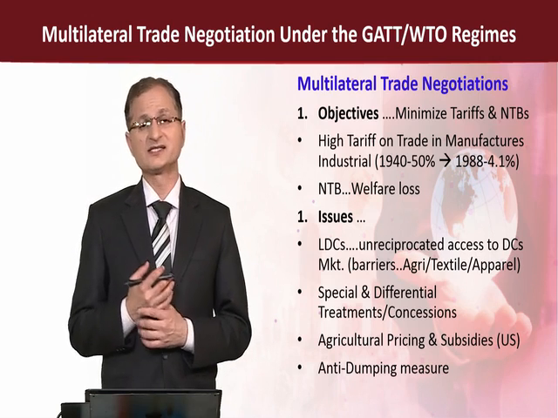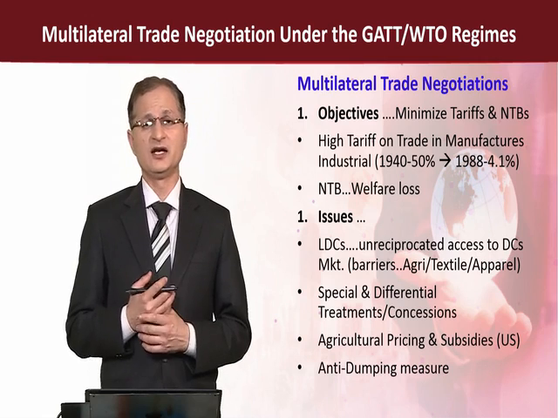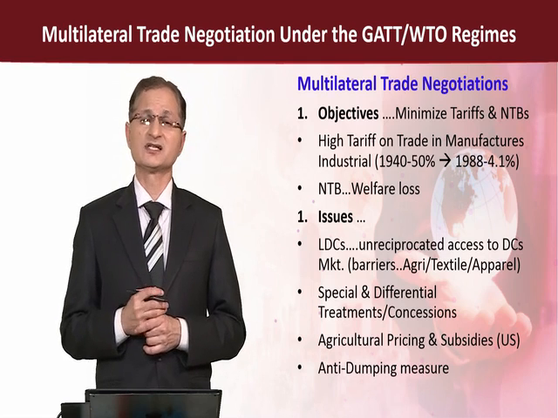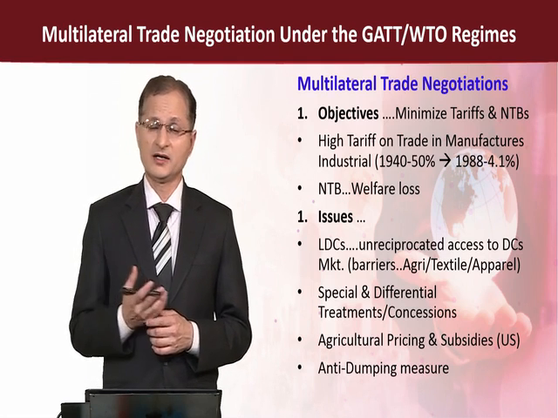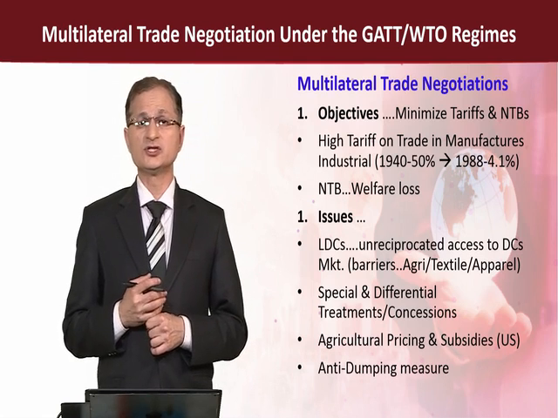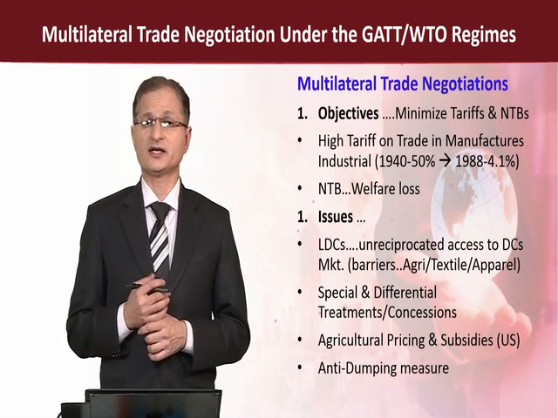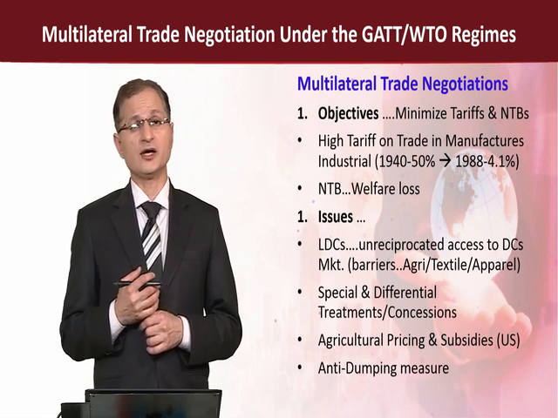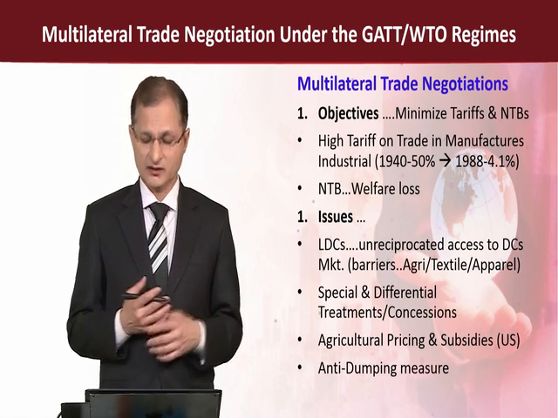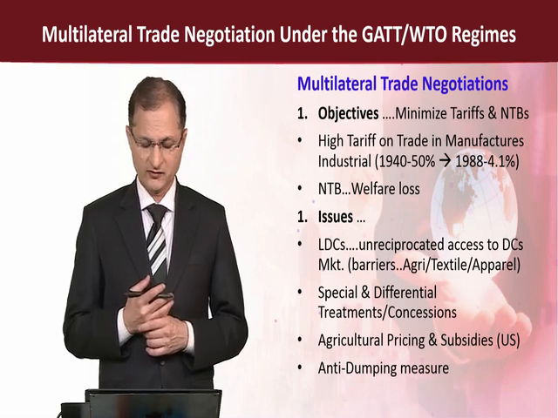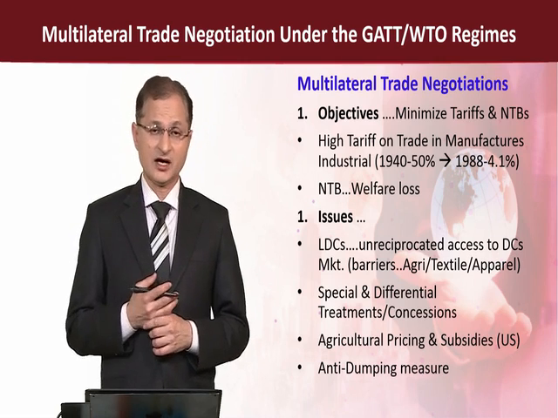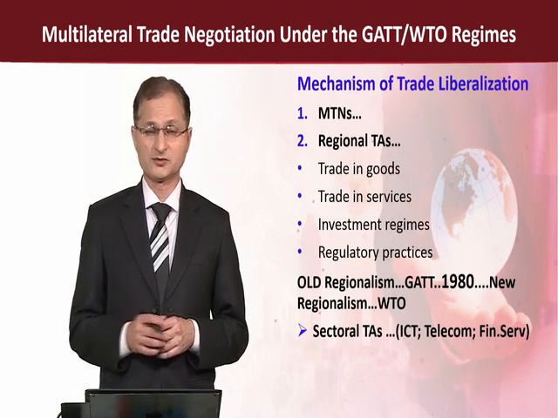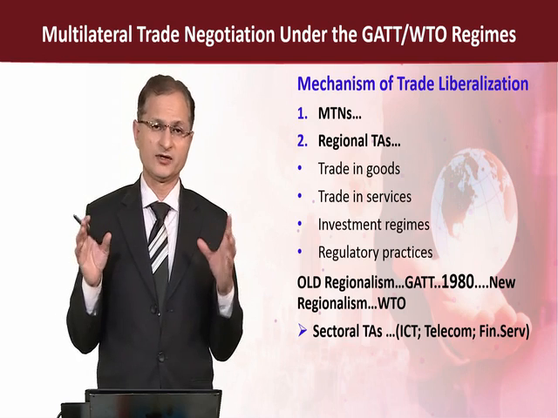Then agriculture pricing and subsidies is another important dimension, because still many countries are setting agriculture prices and giving subsidies to their agriculture sector, and that changes the prices of the product in the international market. Due to that, sometimes developing countries are incapable of competing with the same kind of product in which they have a competitive advantage. Then anti-dumping measures need to be taken, which are definitely creating some problems. Specifically, that issue was mostly obvious with respect to Japan.